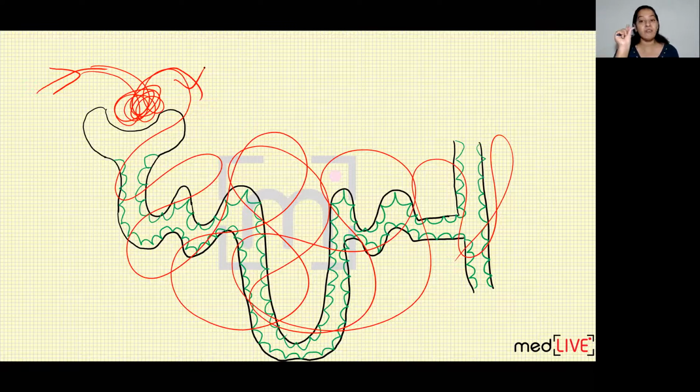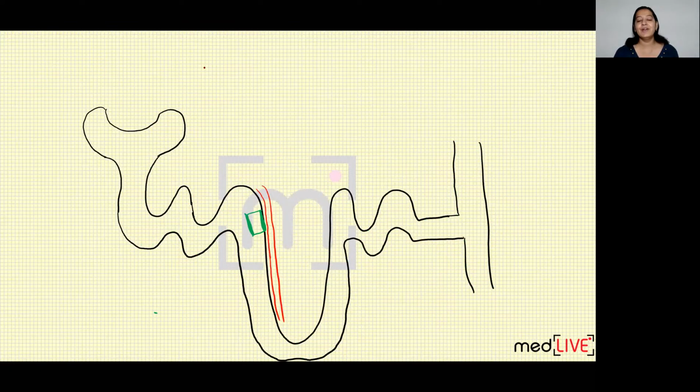Now I will zoom in on one specific portion for you. Now can you see? I have not drawn all the epithelial cells. I have drawn only one epithelial cell with green color, although the whole tubules are lined with the same epithelial cells. Just for explanation, I have drawn one epithelial cell. On one side of the epithelial cell, there is the lumen of the nephron. Can you see here? This is the lumen. And on the other side of the epithelial cell, there is a blood vessel. That is vasa recti.